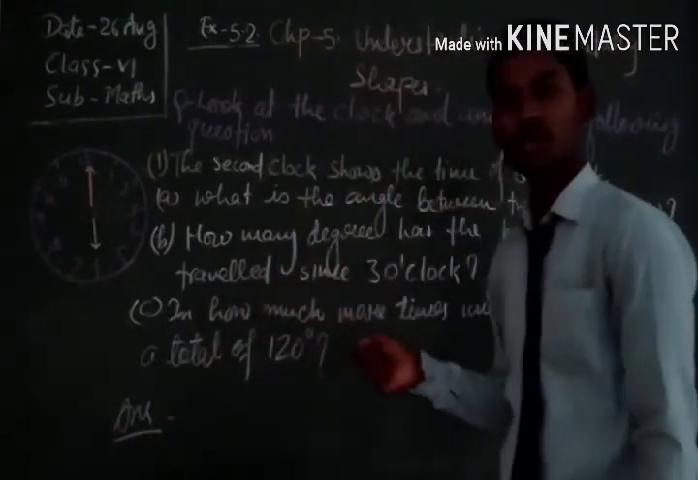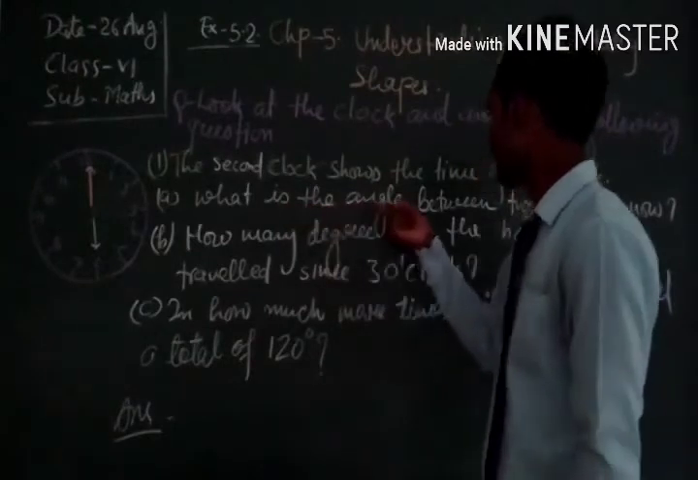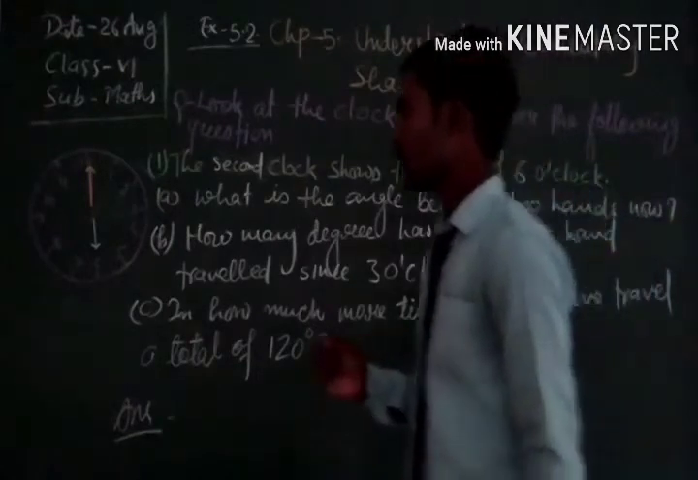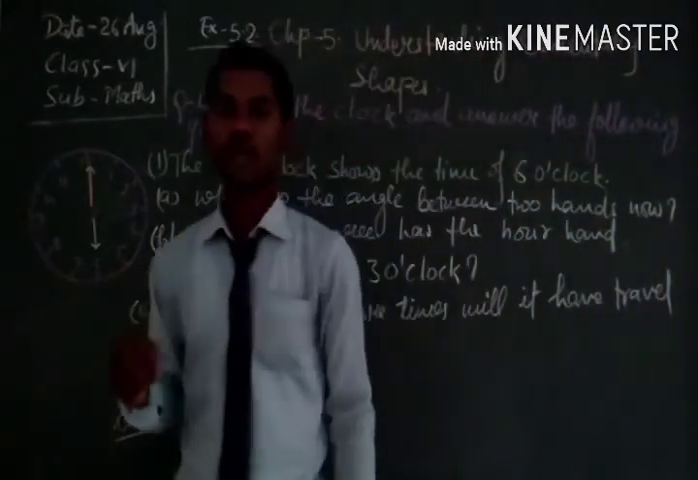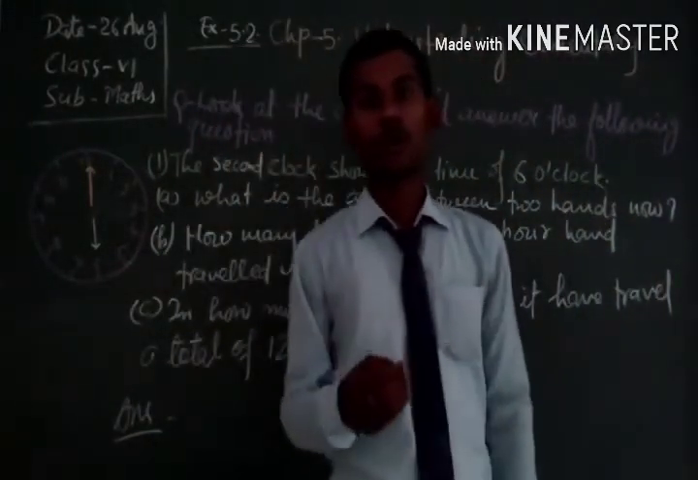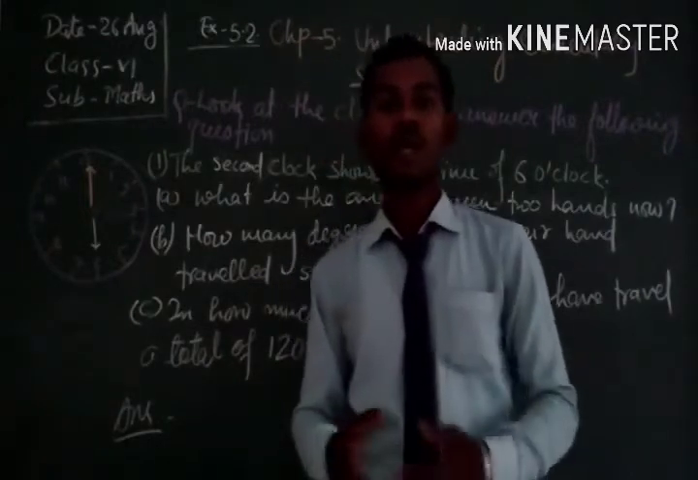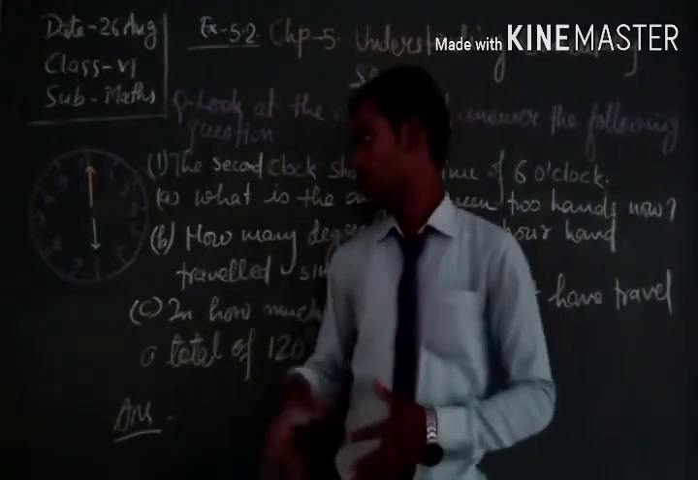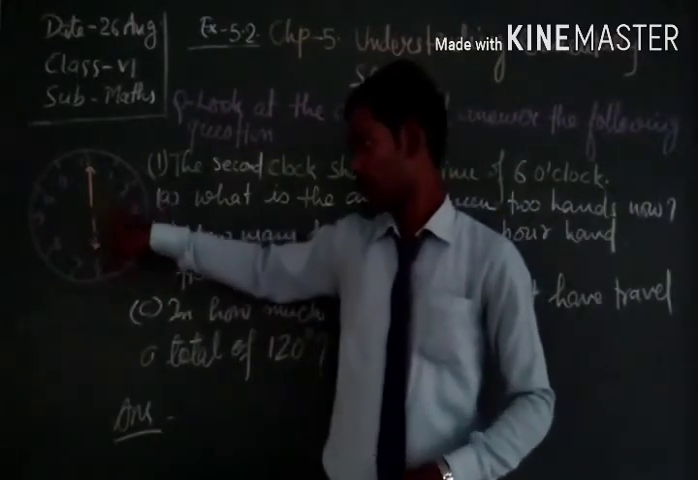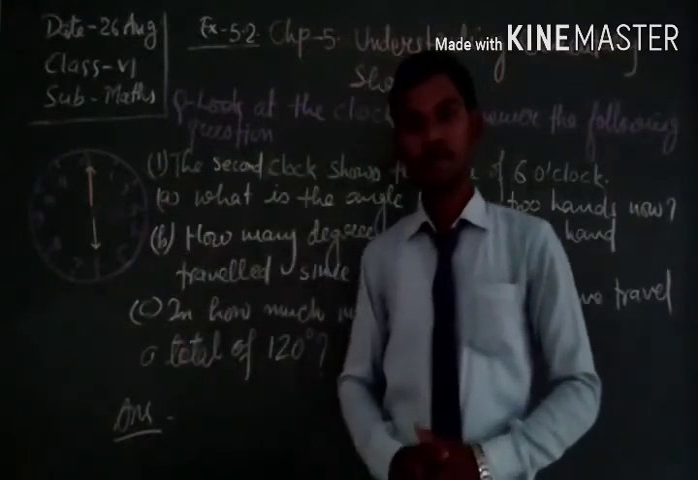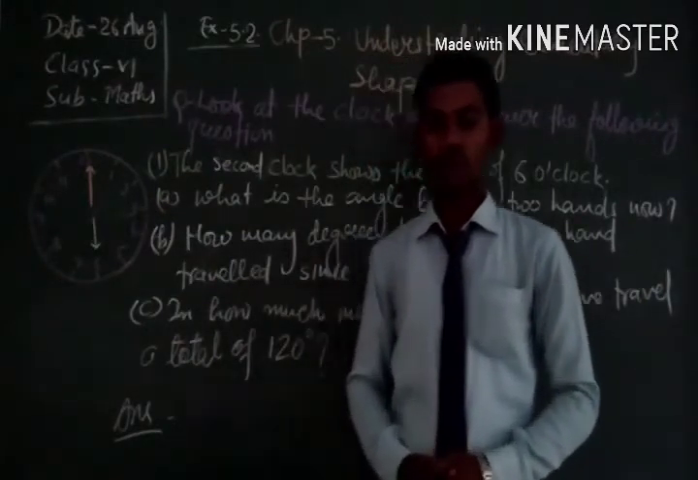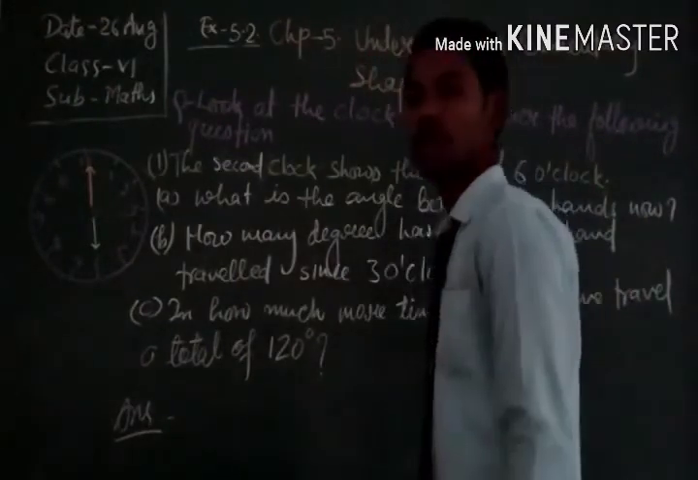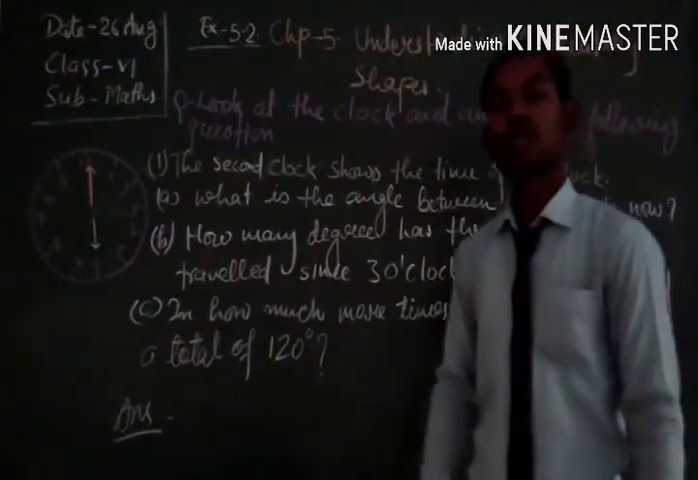Now our question is, what is the angle between two hands now? Between two hands now means if there is 6 o'clock in the watch, then we have to find what angle will be formed between the clock's minute hand and hour hand. So as we know that in our previous question, when it was 3 o'clock, then there is a right